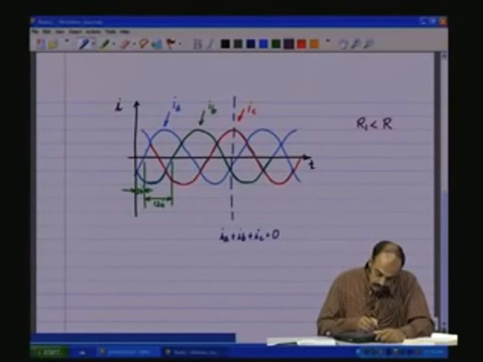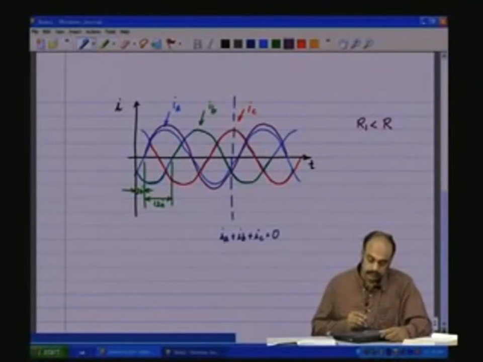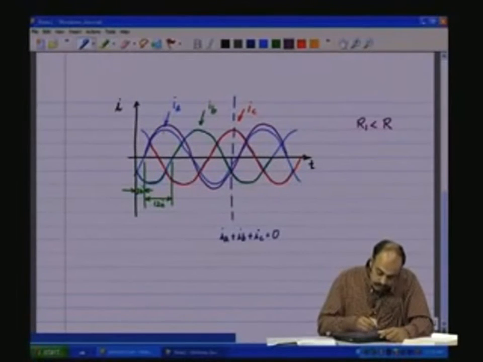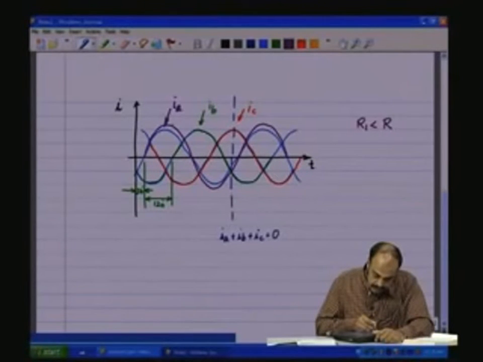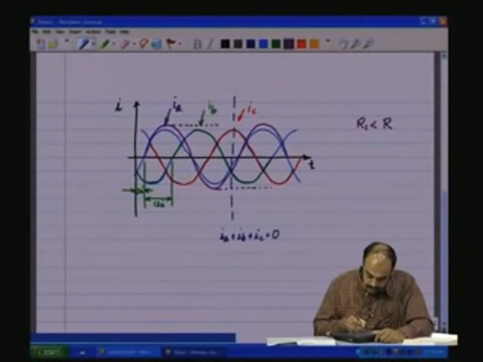So, this would mean that we have an IA which is having a different magnitude compared to the other two. So, now the IA is not the blue, IA is now the violet or the purple colored waveform. This is our new IA. Now, this IA is having a different amplitude compared with IB and IC.